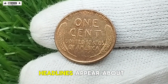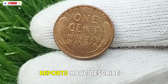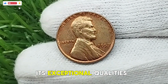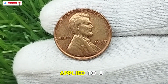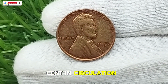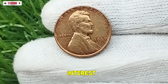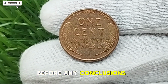From time to time, headlines appear about exceptional coins selling for impressive amounts at major auctions. Reports have described a highly unusual 1957 Lincoln Wheat Penny reaching approximately $108,000 after experts confirmed its exceptional qualities, rarity, condition, and collector demand. That remarkable result applied to a specific verified specimen rather than to every 1957 1 cent in circulation. Auction prices can vary significantly depending on authenticity, grading, rarity, market conditions, and buyer interest. For that reason, each coin should be evaluated on its own individual characteristics before any conclusions are made about its